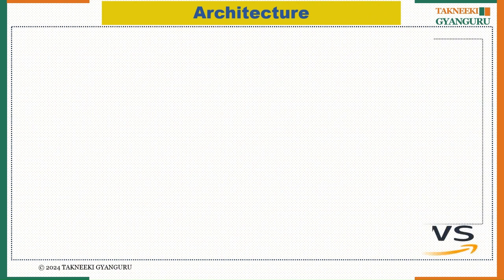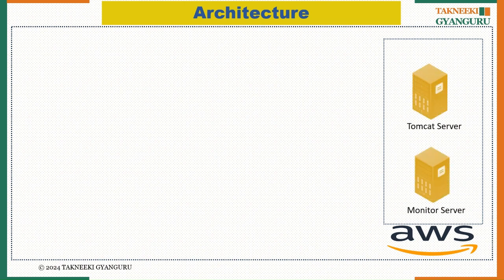So first of all, in AWS, our requirement is that we have to create two machines. In the first machine, the Tomcat server, we'll install Tomcat, and then we will install a node exporter. Node exporter will get all the metrics from this Tomcat server. We'll install the node exporter, and node exporter will get all these metrics and push them into